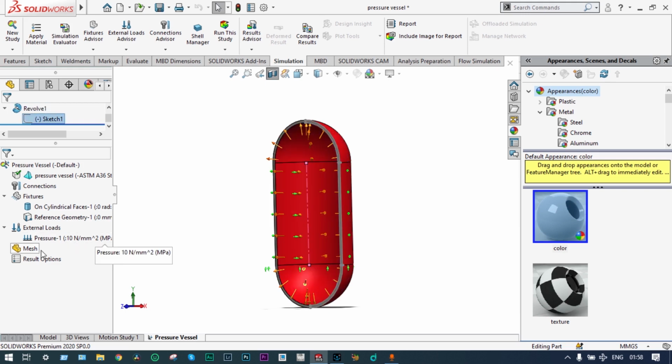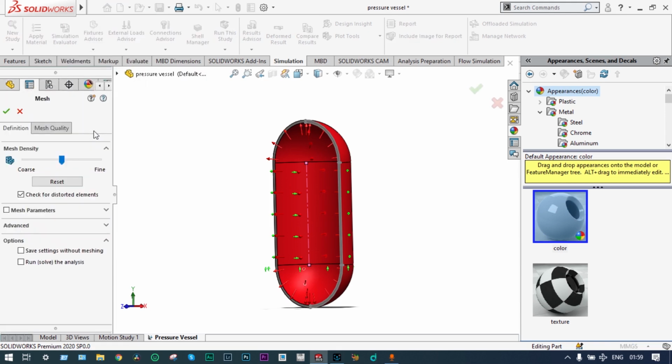We can do mesh and run together, but in that case we will not have control over this mesh, because we know that in case of finite element analysis, better the mesh, better is the results. That means if you want to go for convergence criteria, we have to go for meshing again and again, and at a certain time, when with change of mesh there will not be any variation in results, we can say that our result is converged. Okay, right? So we have to start with mesh,